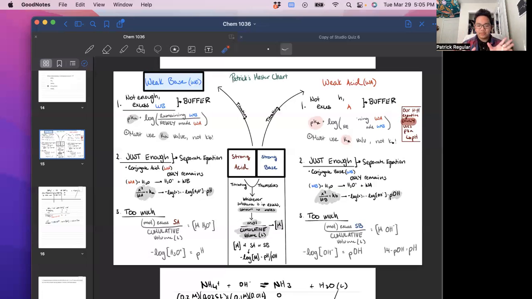In your initial row of that ICE box, you have moles of whatever you're titrating with and whatever you're titrating. And then you cross it all out. If you have 0.05 moles of a strong acid and 0.05 moles of strong base, they'll cancel out. The only product left will be water and whatever spectator ions they produce, and the pH is going to be pretty neutral. However, if you have a little bit of excess, again going back to whichever one is in excess,